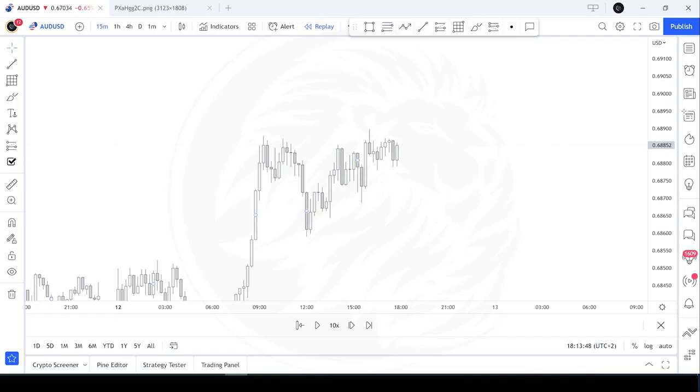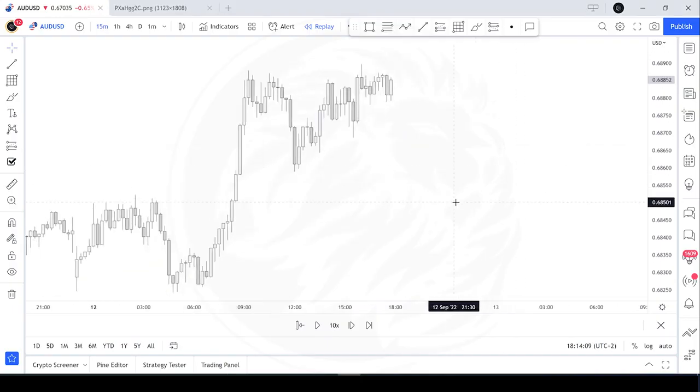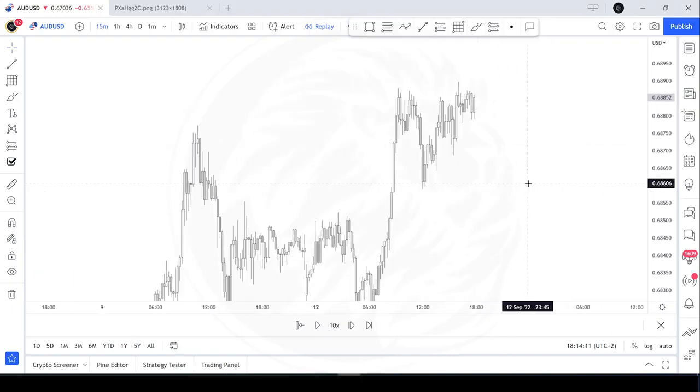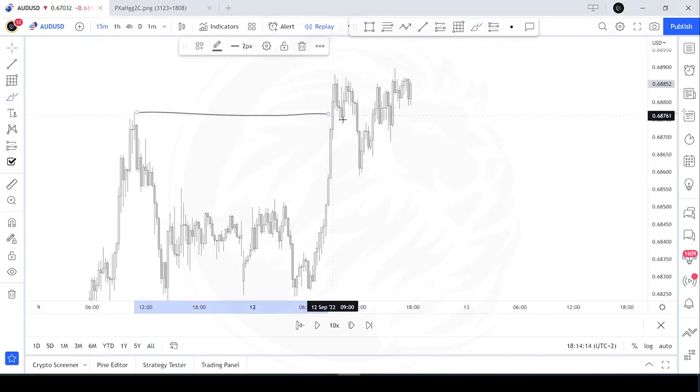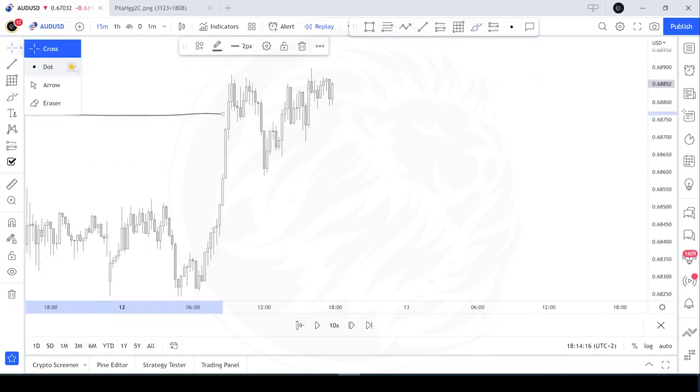So today we're gonna make the application video of the weak and strong high and low in the market. For this video I'm gonna make the example on the 50-minute time frame because it's the time frame I prefer when I use this concept, but this concept can be used in every time frame. So here, as you can see on AU, we were on a bullish trend. Okay, so we broke this high just here,